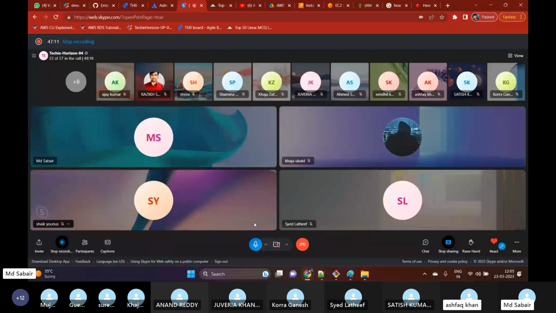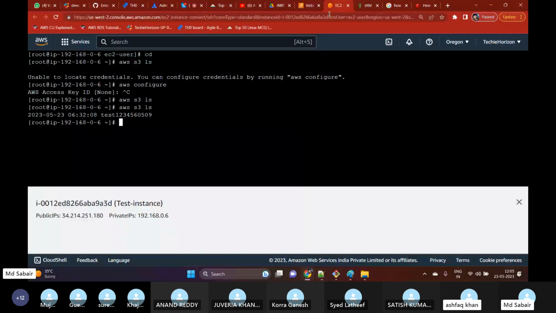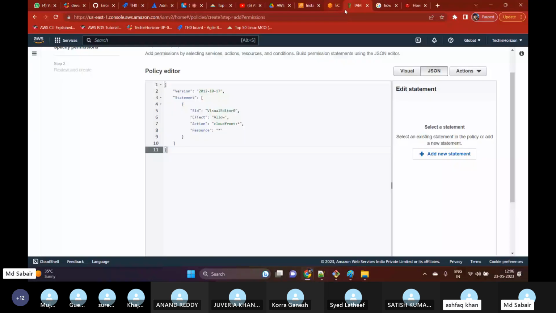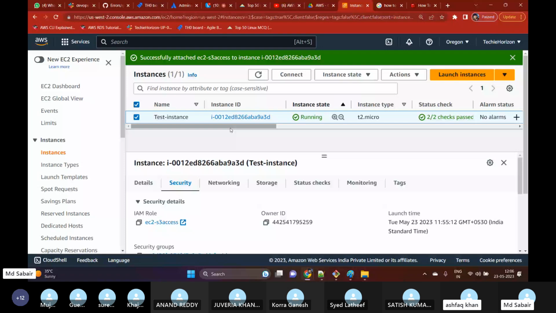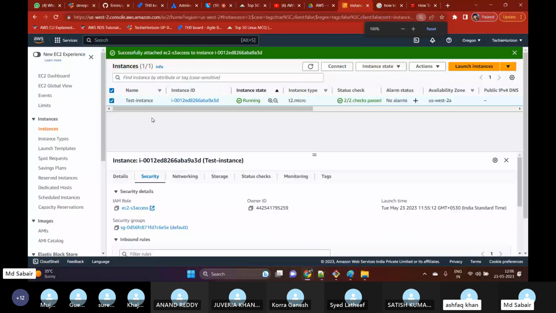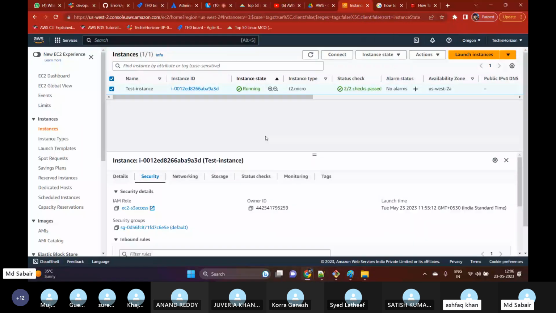Now we'll talk about EC2. Let me close this session. We have one test instance, so we'll talk about how we can create our own AMIs. For example, if I'm trying to launch an instance,